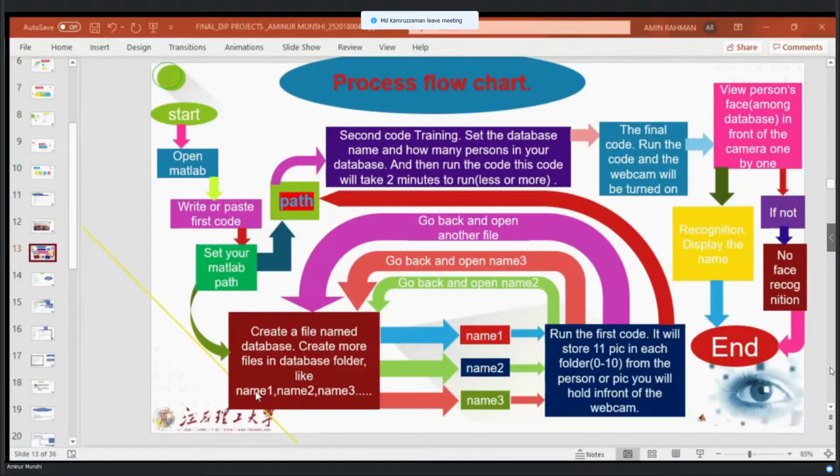we have to enter one person's folder, like name 1, and then after entering name 1 and running the first code, it will store 11 photos, counted 0 to 10, in each folder, and the person will hold in front of the webcam. And then